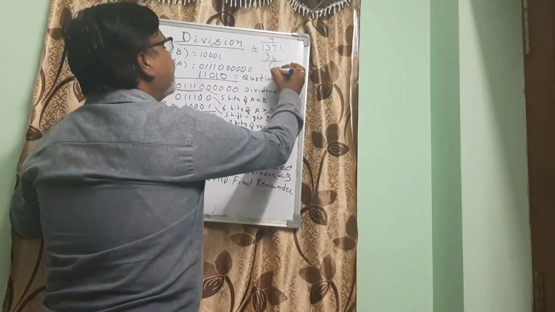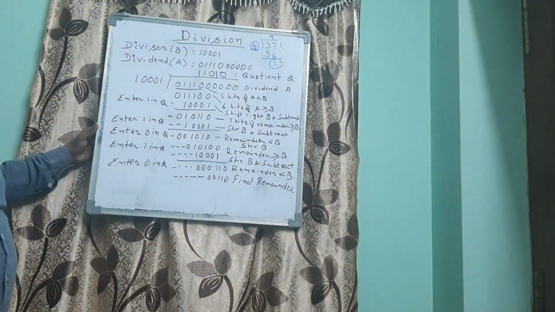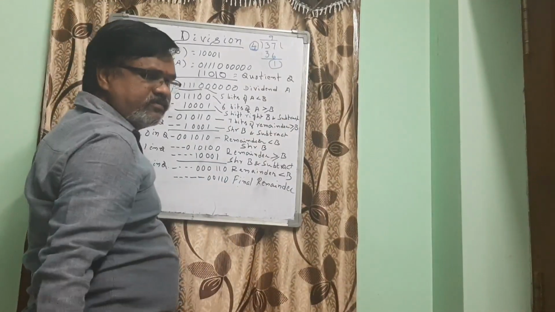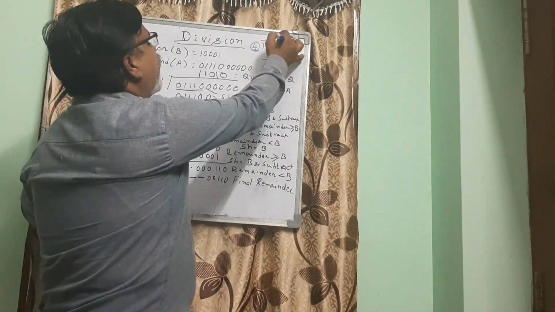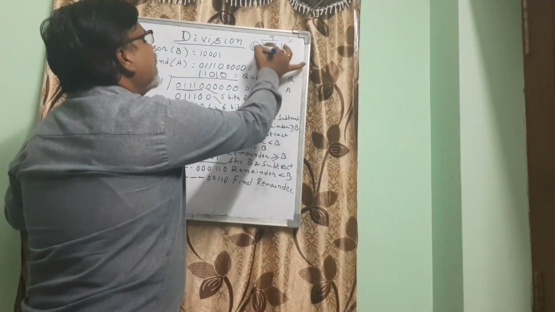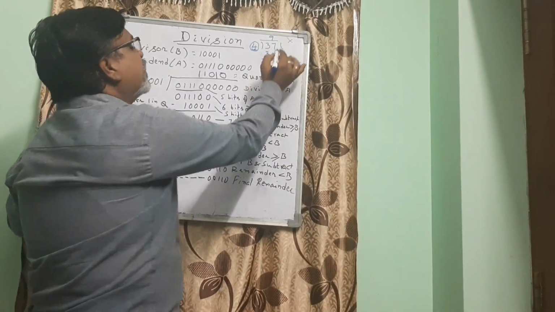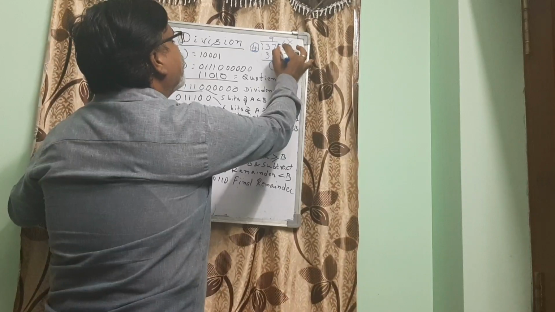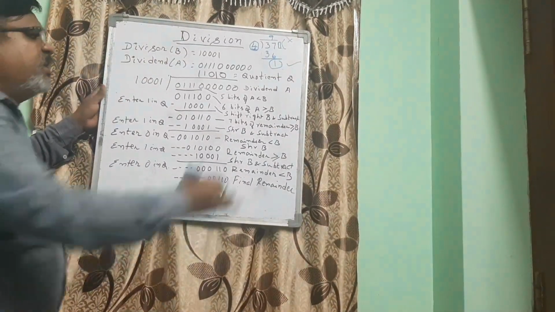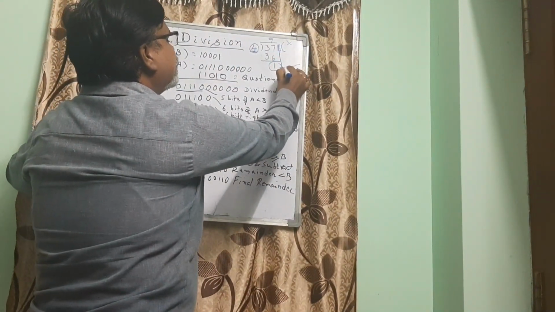This remainder 1 will be compared with the divisor, and if the remainder is still greater than or equal to the divisor, then the calculation is wrong. If the remainder is less than the divisor, then what we did is right, and this will be considered the final remainder if there are no more numbers here. If there is any more number, you transfer it as it is.